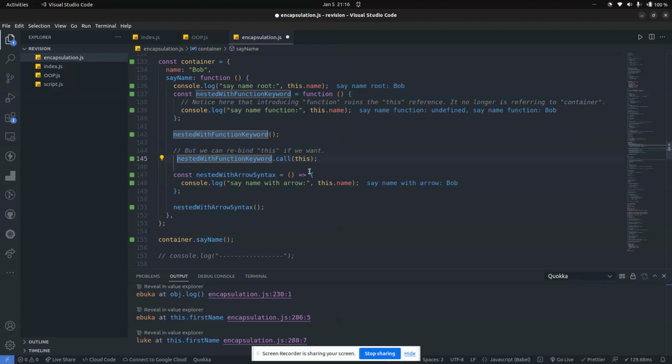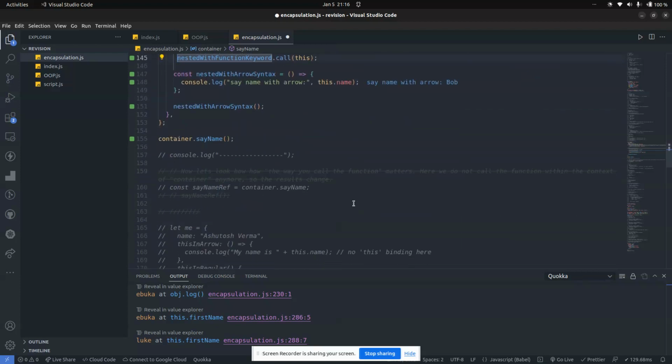So basically, most of the time, we use call to manually override what our this is. If you see a piece of code and start seeing people using call, apply, bind, they are trying to manually override it. One real life example of this is when you're using something like